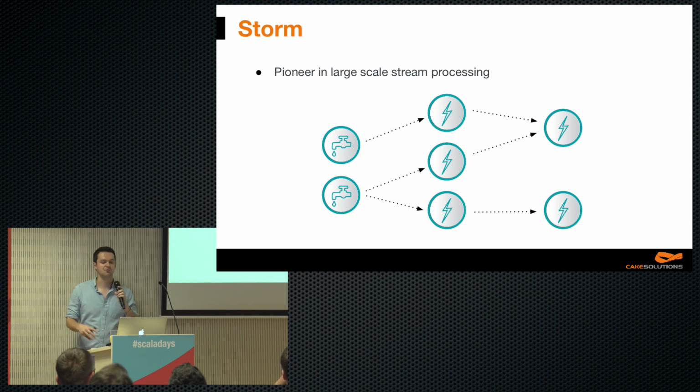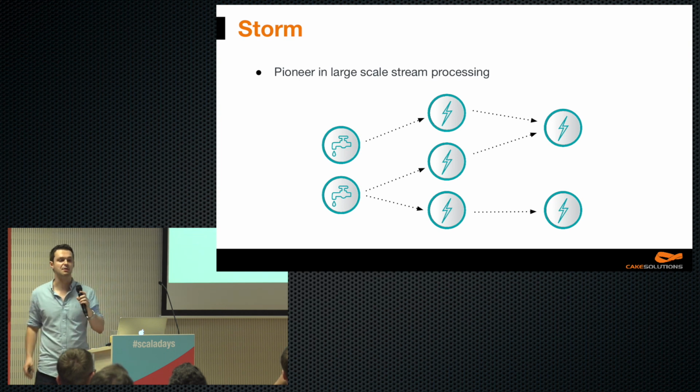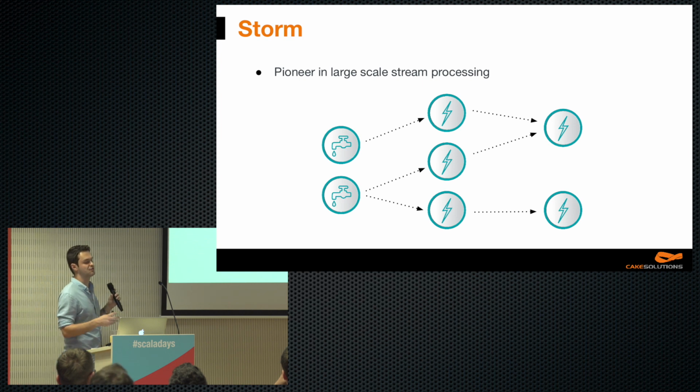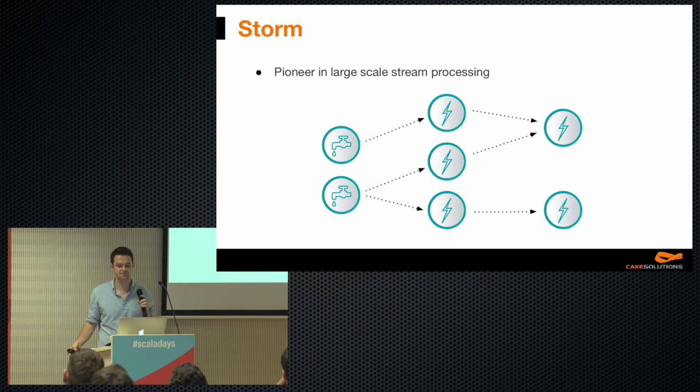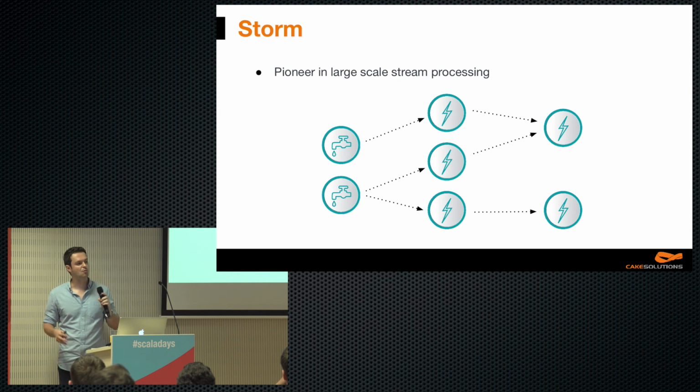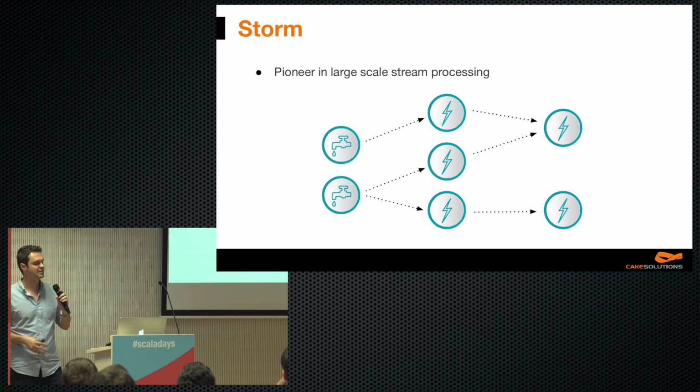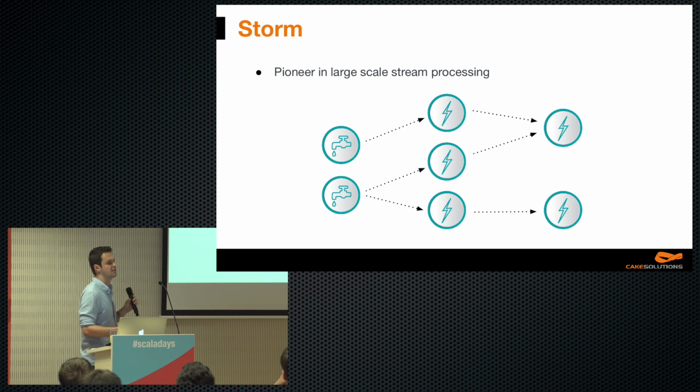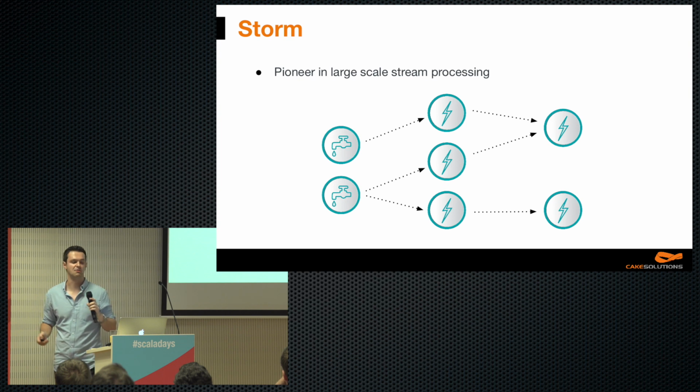Apache Storm was originally created by Nathan Marz and his team at BackType in 2010. Later it was acquired and open-sourced by Twitter, and it became an Apache top-level project in 2014. Without any doubts, Storm pioneered large-scale stream processing and became the de facto industrial standard. Storm is a native streaming system and provides a low-level API. Also, Storm uses Thrift for topology definition, and it also implements the Storm multi-language protocol. This basically allows us to implement our solutions in a large number of languages. And of course, Scala is one of them.